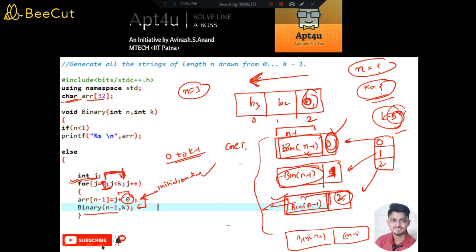If you have visited my previous video, I have already shown you how to draw the recursion tree, so the same thing applies here. You can also have a recursion tree corresponding to this particular problem. But I hope the idea is very clear. How did we get this particular code? The intuition for this code comes from this logic. We have multiple choices, and this for loop acts as the choice. For every choice I have to perform 2 tasks: initializing the extreme right bit and calling the binary function for the remaining n minus 1 bits.